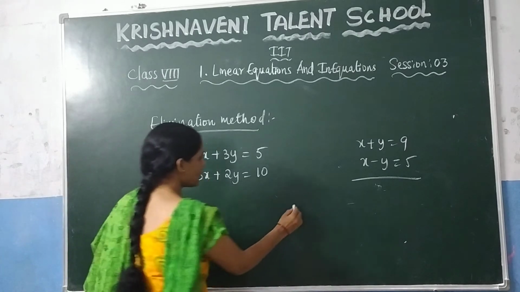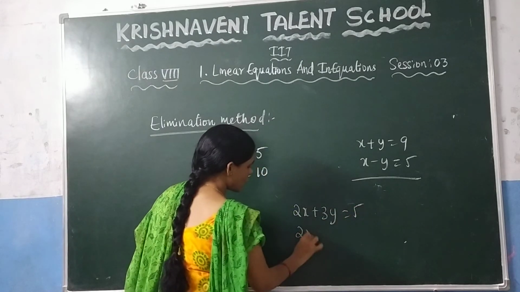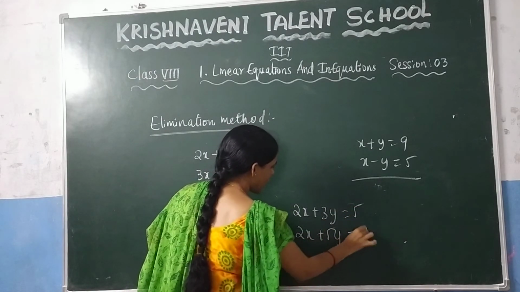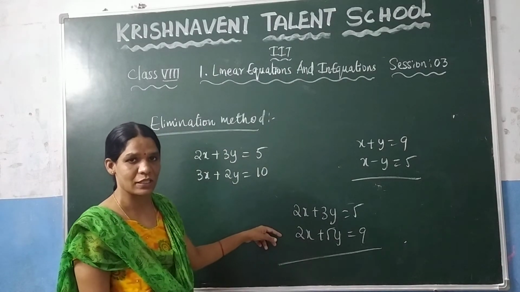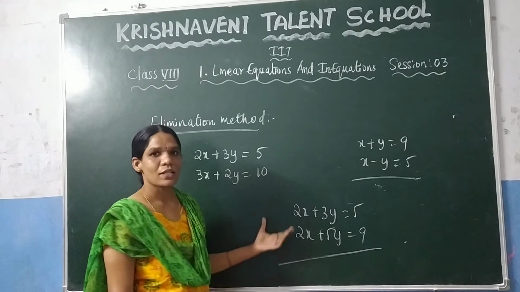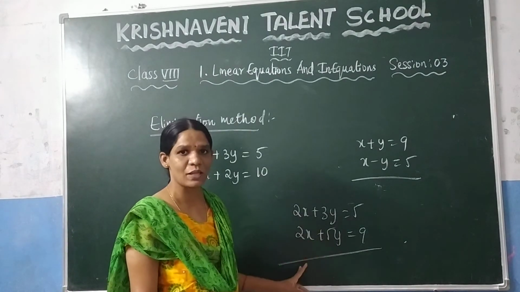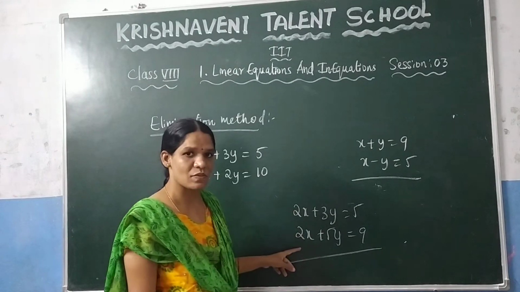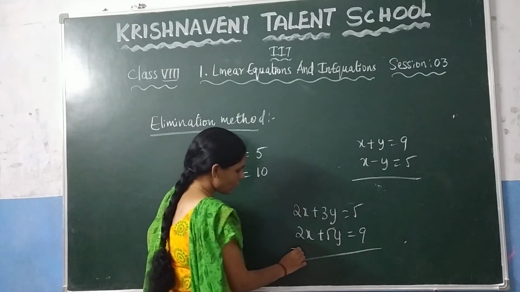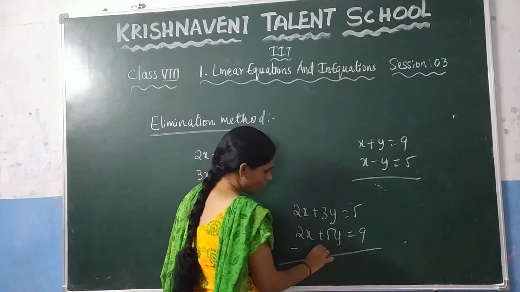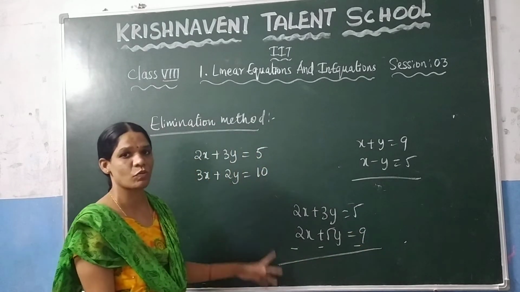Let us consider here 2x plus 3y is equal to 5, and consider one more equation, 2x plus 5y is equal to 9. Here you can observe that the coefficients are the same in this condition. So there is no need to do anything. Just subtract these values, because you know that 2x plus 2x is 4x, and you will not eliminate this value. If you subtract this value, 2x minus 2x gives you 0. So subtract this one. Keep minus in place of plus. Just change the symbols if you want to subtract.